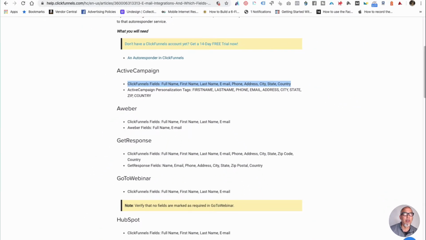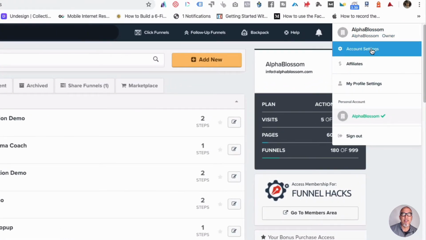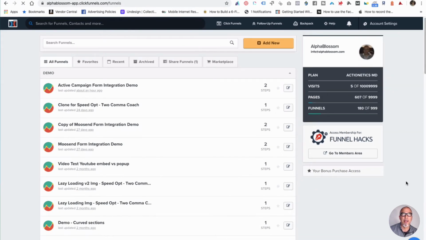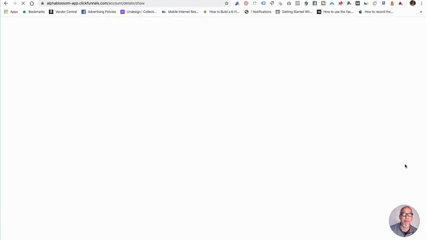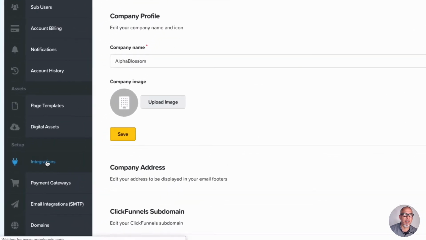So the first thing we're going to do is we're going to go to the ClickFunnels account settings. In the upper right here, hover over your icon up here, click account settings, and you'll want to make sure you have an HTML integration already set up. They only recommend having one, so I'm not going to actually set it up, but I'm going to show you how to do it. So if you go to integrations here on the left menu,